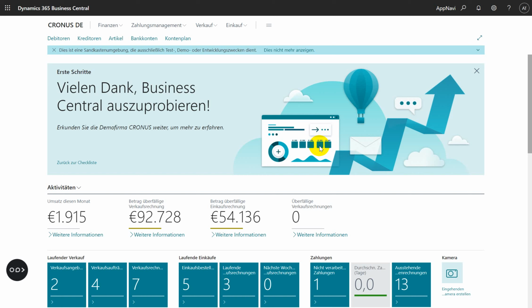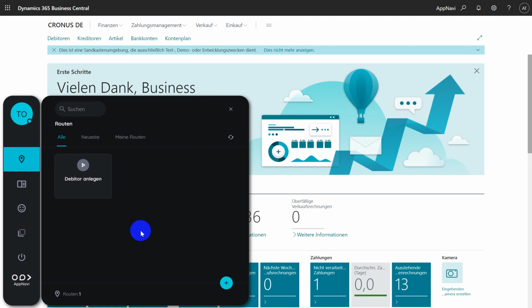So hello everyone. What I want to demonstrate here is how a user can be put in the position to use this software right away without any training and without any other supportive material. How can we realize this? So we are integrating AppNavi into the page, and AppNavi is a widget which is providing a certain set of support